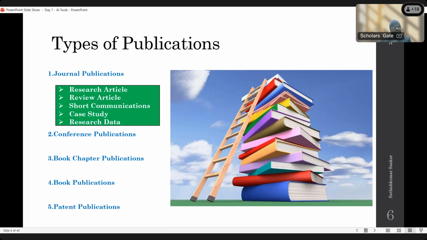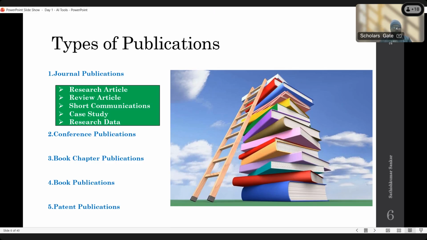And finally, research data. Research data is nothing but raw research data, which we can also publish through a journal. There are different types of such journals in Taylor and Francis and elsewhere. Your unprocessed data, whether from experiments or qualitative data from surveys or interviews, can also be published through a journal. That is called research data. If you need a research data journal, you can send a request to the WhatsApp group. Tomorrow I will give the list of research data journals from various publishers.